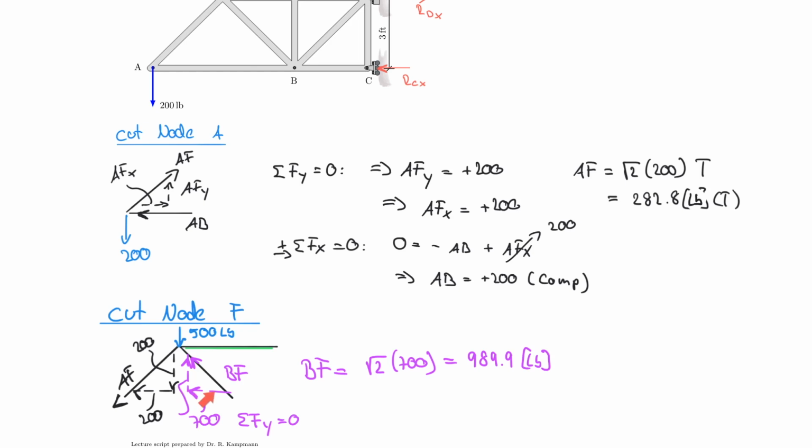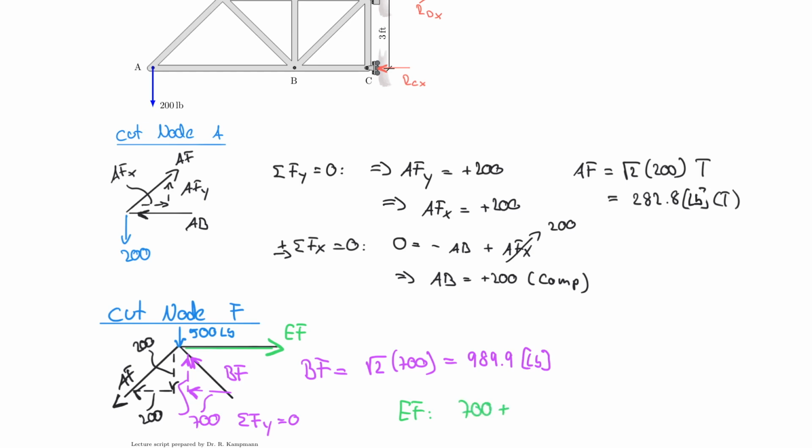Why can I do it visually? Because BF is pulling to the left and AFX is pulling to the left. So this component here, which would be EF, has to pull to the right. So let's do that. EF. So this must be in tension, right? So EF. So what is EF equal to? EF is equal to